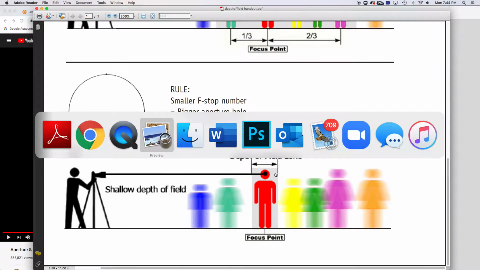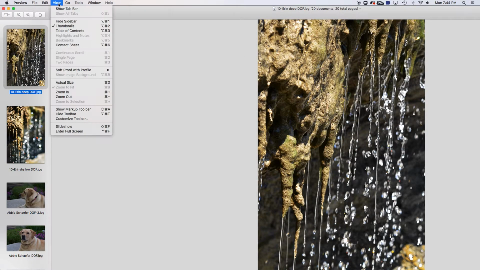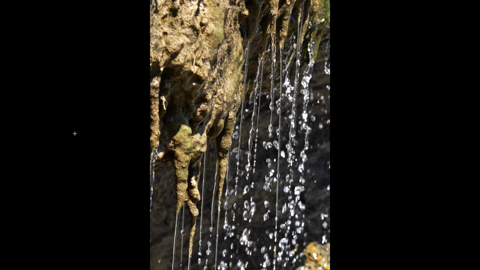Let's just go to here, and we're just going to go to full screen. Now, that is with a depth of field that is really big. So the F number, f-stop, is going to be quite large, okay? And you can see here that everything is in focus, and it's really fast motion too, like all these water droplets are frozen in time, and they've got lots of detail here. Yes, this is kind of blurry down here, but when you compare it to the next one,